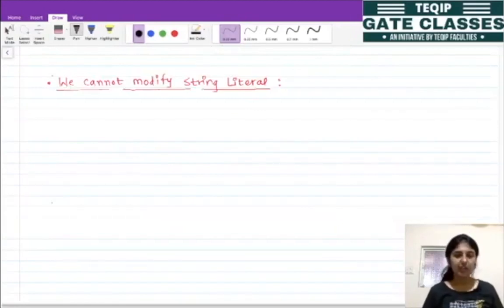Okay, so there is one property that we cannot modify the string literal. So let's see what does this statement mean.